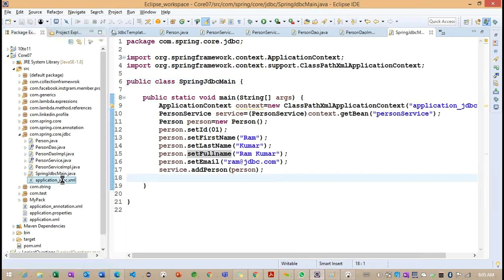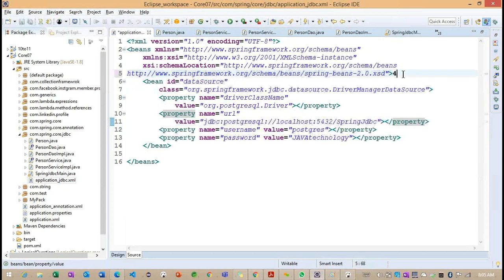Observe carefully. We need to configure a lot of information here.